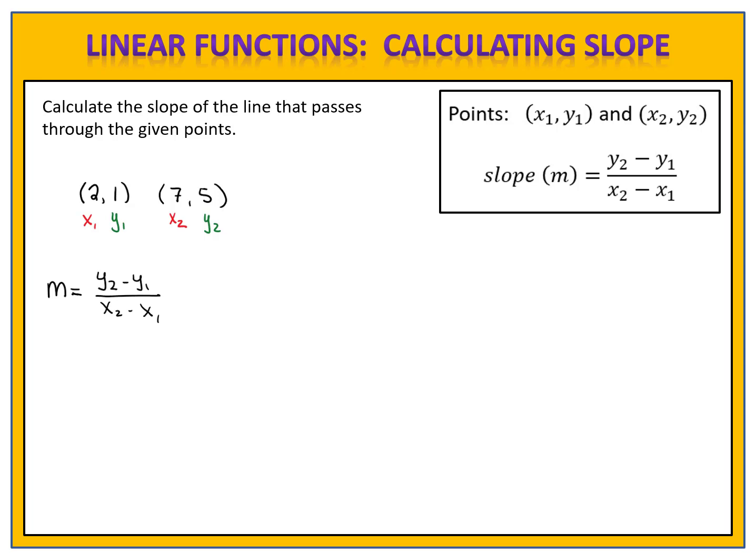Let's see how you did. We substitute the numbers into the formula. y2 is 5 minus y1, so minus 1. x2 is 7 minus x1, minus 2. Now we evaluate the expression. 5 minus 1 is 4. 7 minus 2 is 5. So the slope of the line